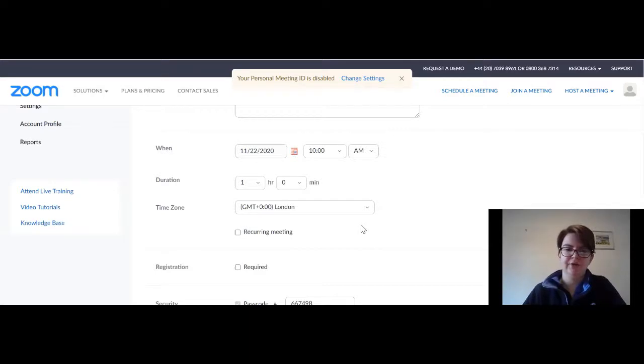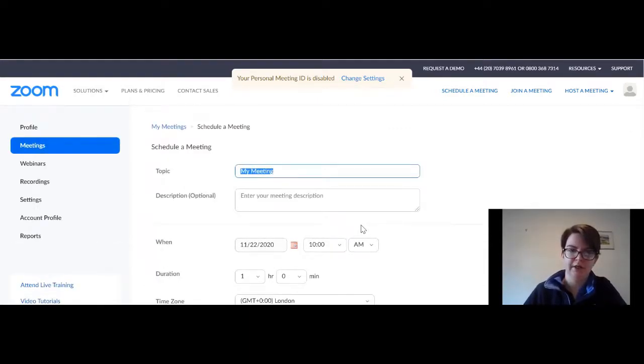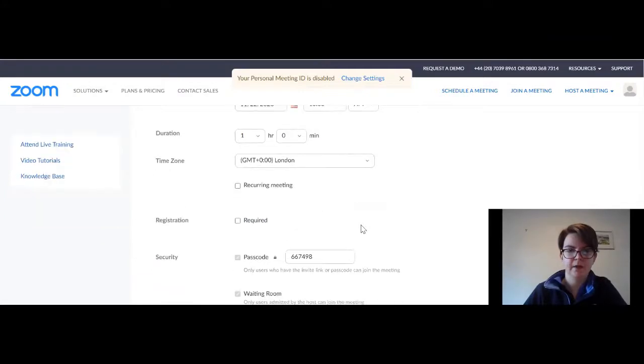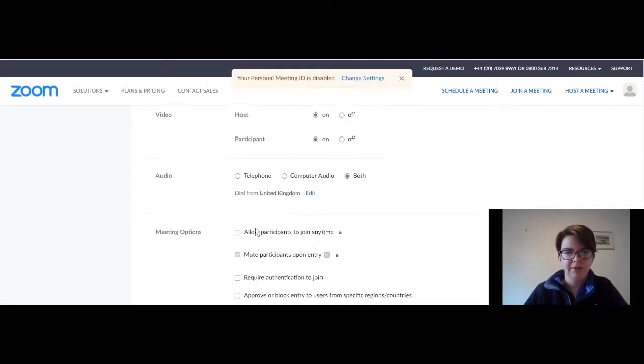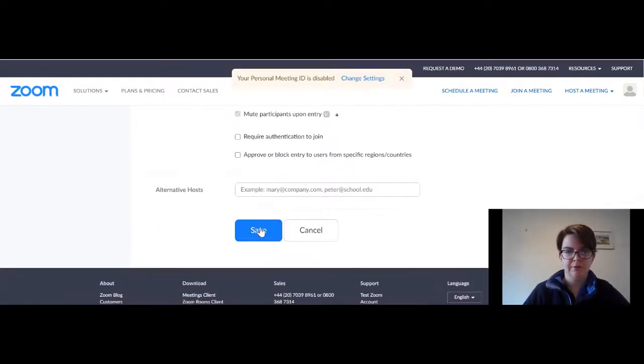There are a couple of security settings that we need to be aware of while we're setting up a meeting in this screen. You need to make sure that the passcode button is ticked and that it generates a unique password for each meeting. This should be ticked by default, but is worth double checking just in case. You also want to double check that the waiting room button is enabled. I wouldn't allow anyone to join a meeting before the hosts, so make sure that one is unticked, as you do need the adults in the meeting space before the girls join. Now you've double checked those settings, then your meeting is ready and you can click save at the bottom of the screen.